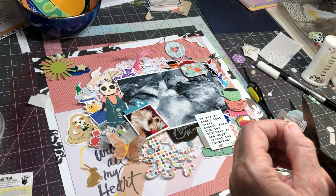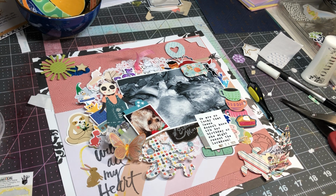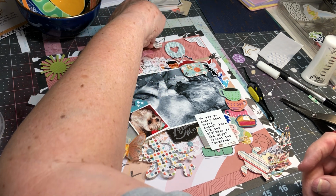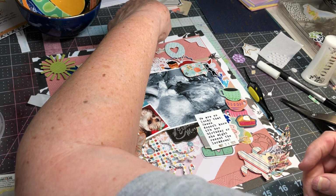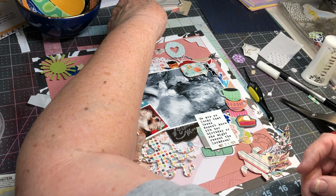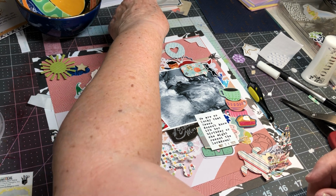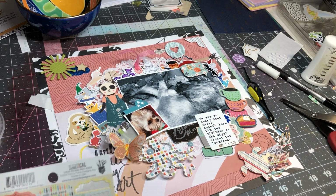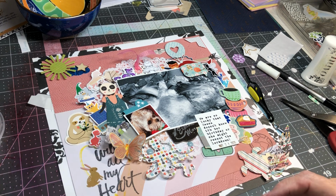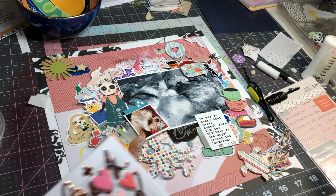I might have kept this as it was for the clouds. Want the plane to be flying straight, and it's looking different. Okay, there's a tab. I've got my tab. I'm going to word strip. I've got word strips. I wanted to do a